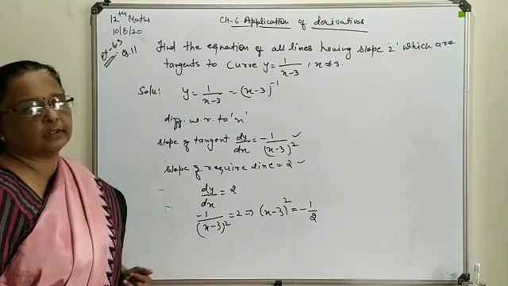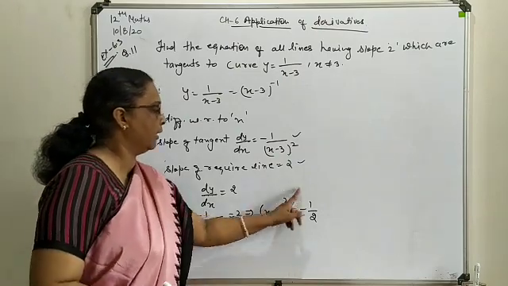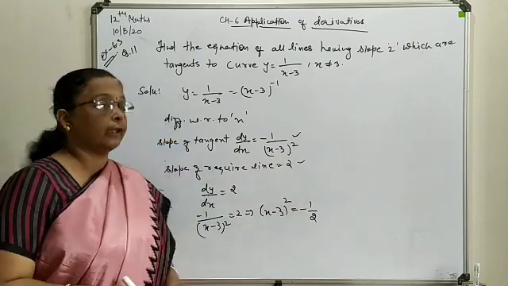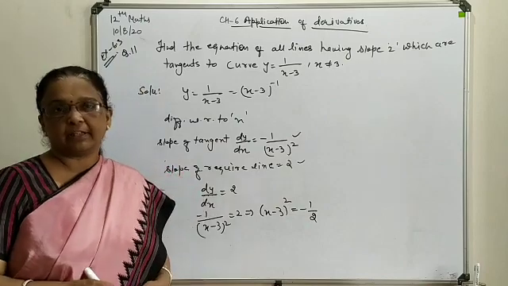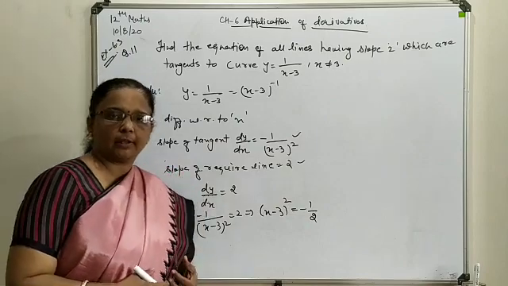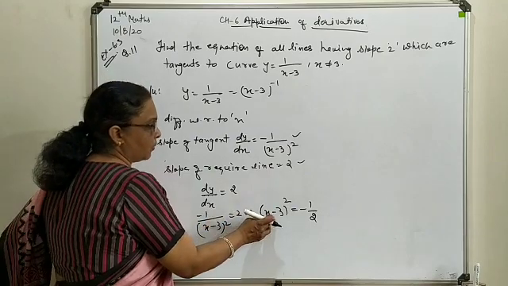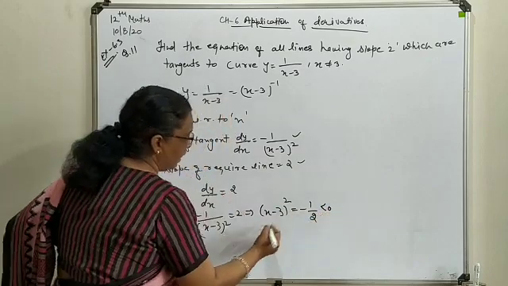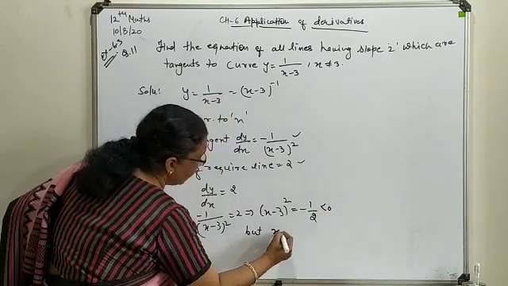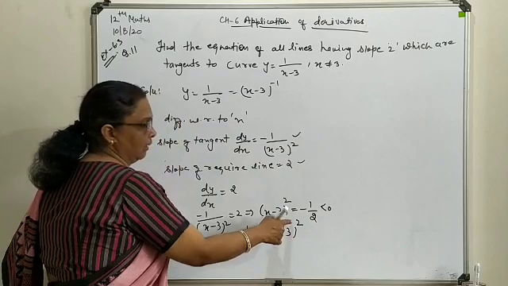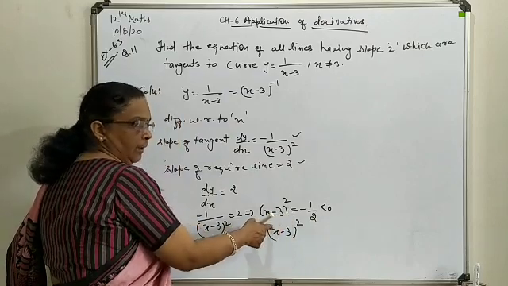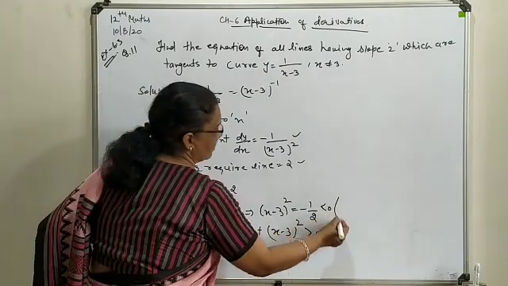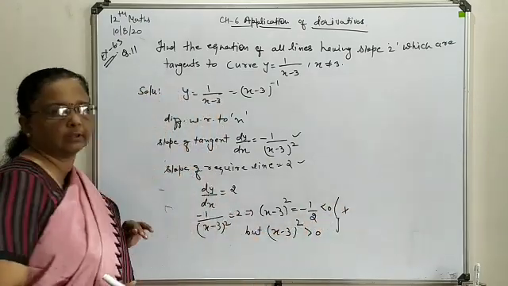Now if you take the square root on both sides, you will find the square root of minus 1 by 2, which will give you an imaginary solution for x, and this is not acceptable as a final answer. Or in another way you can understand that the square of any term can't be a negative quantity. Here this is a negative quantity, but in general, the square of any number should always be a positive quantity. So in real practice, this type of situation is not allowed for further solution.